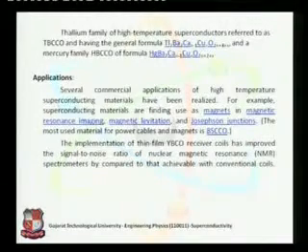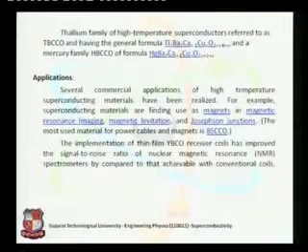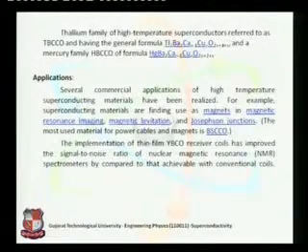Regarding the applications of high temperature superconductors, whatever we talked about for low temperature superconductors, they have a big problem, that their TC value, the critical temperature, is quite low. So if you want to use them in day-to-day life, it is not possible, because either we need to decrease the temperature down to the TC value, or we need to give up the idea of using a superconductor in a normal application. So we were searching for superconductors that exhibit the property at a high temperature, and these are the high temperature superconductors.